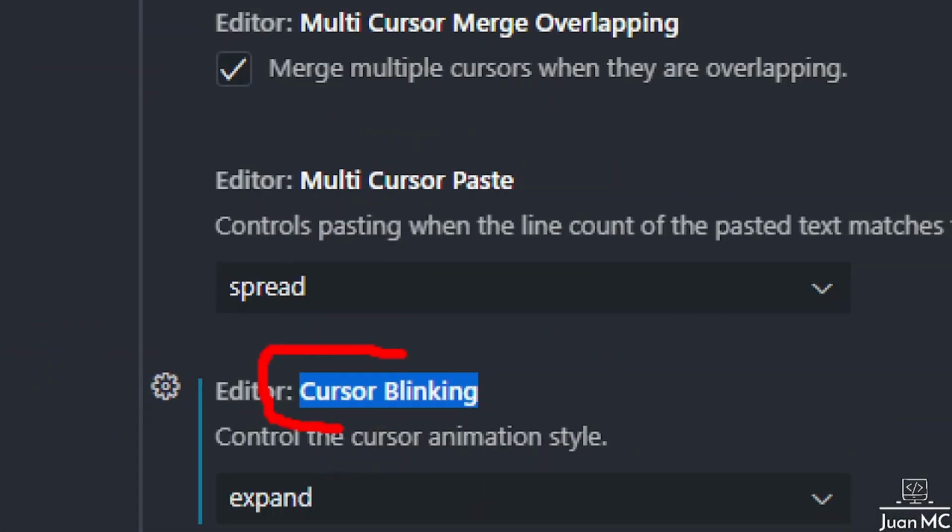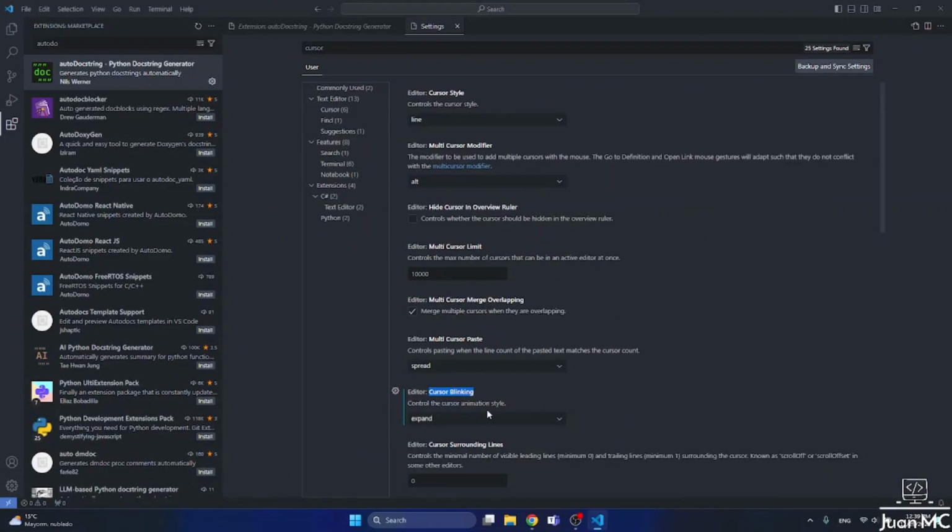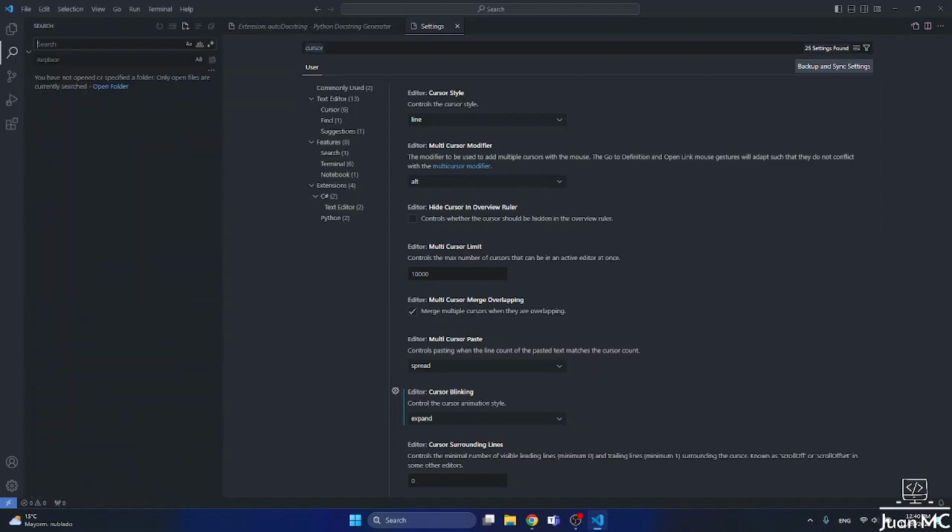Okay, this one, and here we choose expand. Okay, this is how we are going to see our cursor moving in our user interface in Visual Studio Code. Okay, and last but not least is to